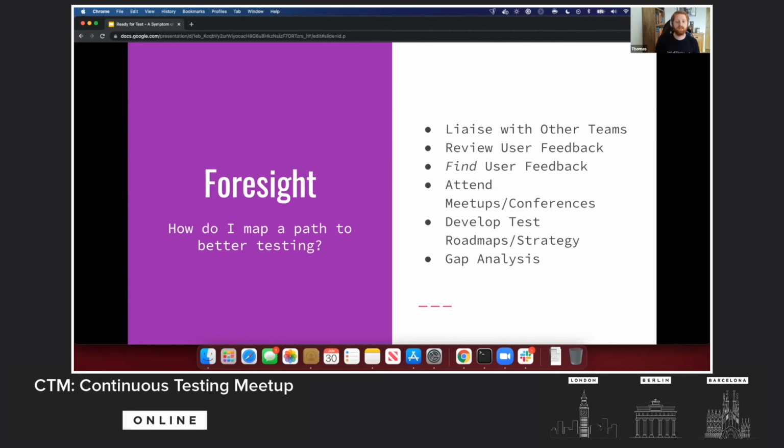And then finally, you can do some gap analysis. You can look at your test suite as a whole, and you can see if there's any gaps or any weaknesses. Maybe the performance tests are particularly weak in your project. Again, something I've done in the past is work with a developer on improving performance tests as a pair. And it's really beneficial because they can learn from me how the performance tests are put together, what frameworks we use, what challenges there are, how it might be improved, and they can bring any knowledge they have. But also, I can learn from the developer how they investigate performance issues on the project. What do they look for? What logs do they find important? Maybe that's something I can bring back to the testing.